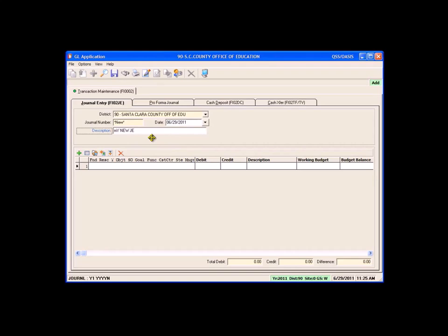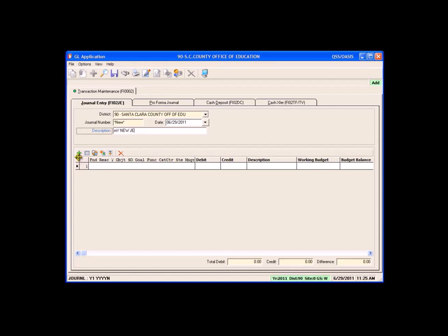Now that we have the JE's header information filled in, let's examine the toolbar for the JE's detail lines. This toolbar is the same for all 3 of our GL transactions: journals, cash transfers, and budget transfers. So once you know how to add and modify lines in a journal entry, you know how to add and modify lines in cash transfers and budget transfers. Most of the time you will only use a few of these detail line icons. For completeness, let's see what